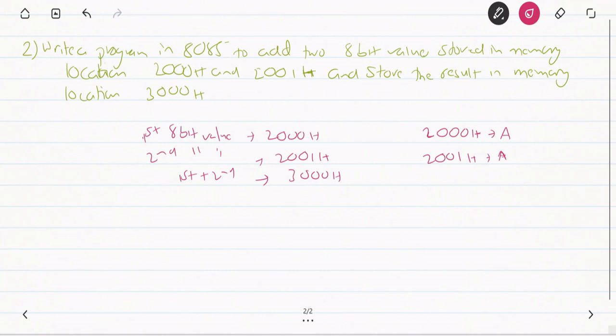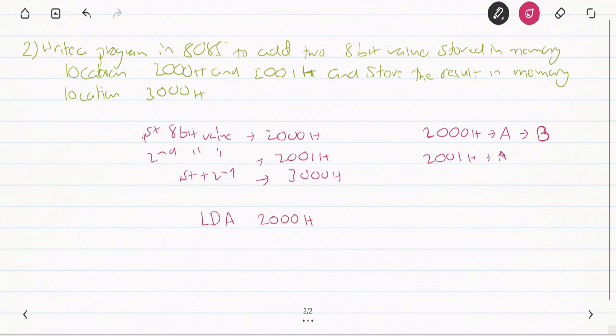So what we need to do is, when we load the first value in accumulator, after that we need to move this to some other programmable register so that it becomes easier for us to add. Then after that, we load the second value. Now our two values are in registers A and B, and then the addition process goes as we did earlier. We do not have a direct value, so we don't use MVI here. What we can do is, we can use the direct addressing mode and use LDA